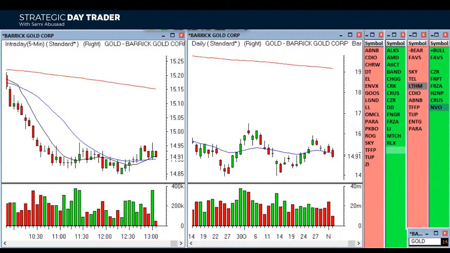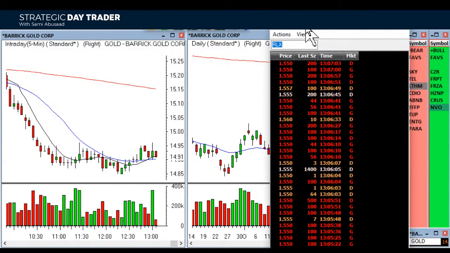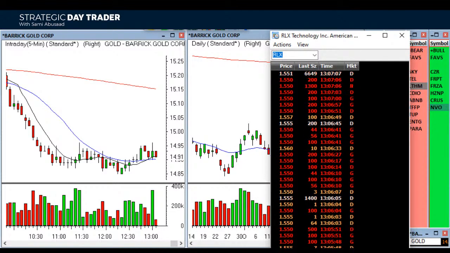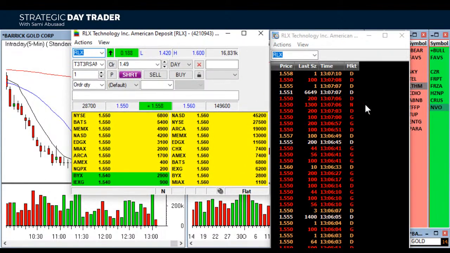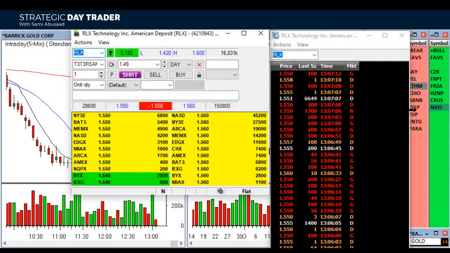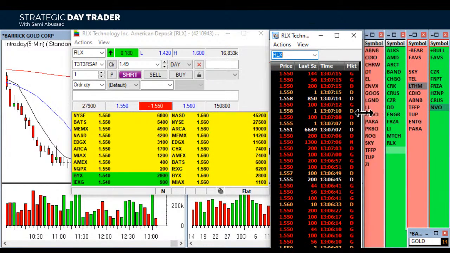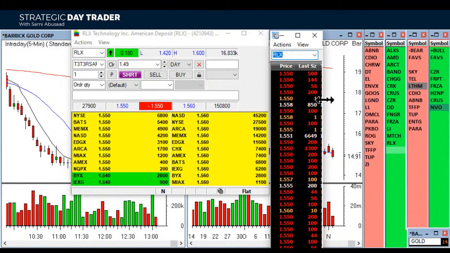Do we need to combine the level 2 with the time and sale? It's helpful to combine the level 2 with the time and sale. Here's why it's helpful. It's a good question, by the way. This is the time and sale. Here's the level 2, and I don't even show that when I have them combined. I don't even look at it, just like so. Just the price and the size.